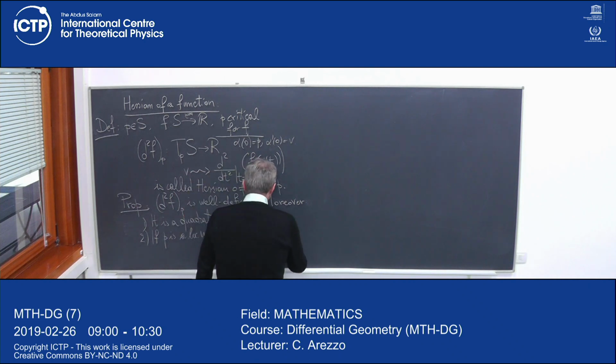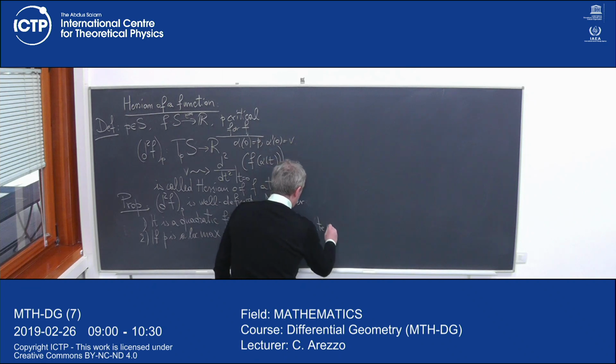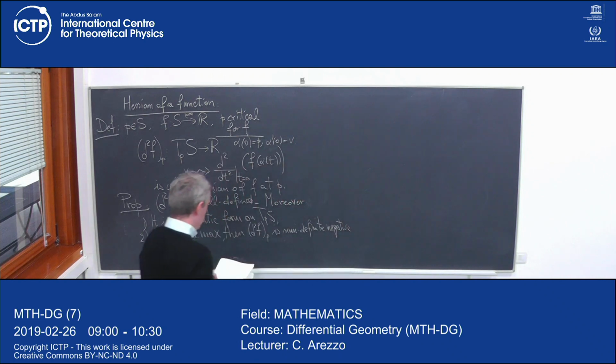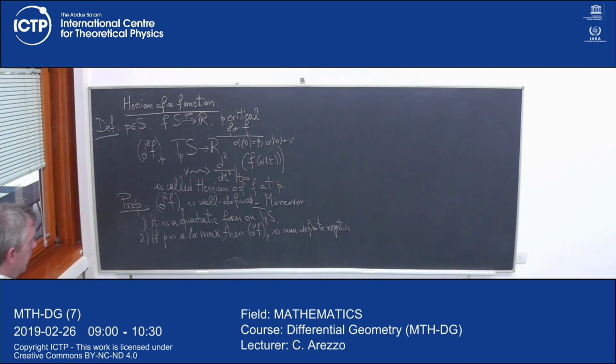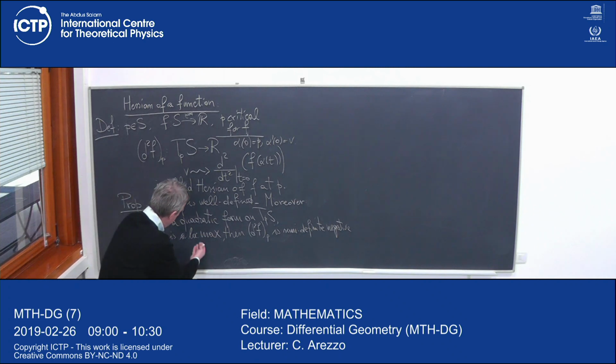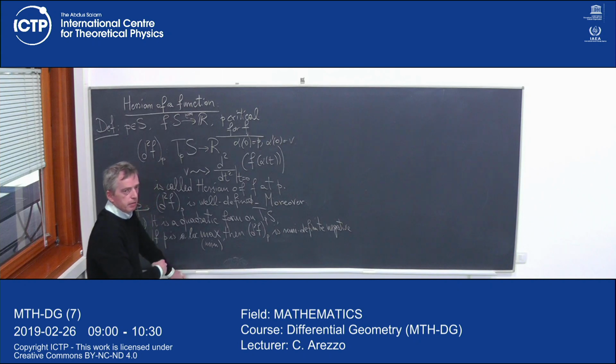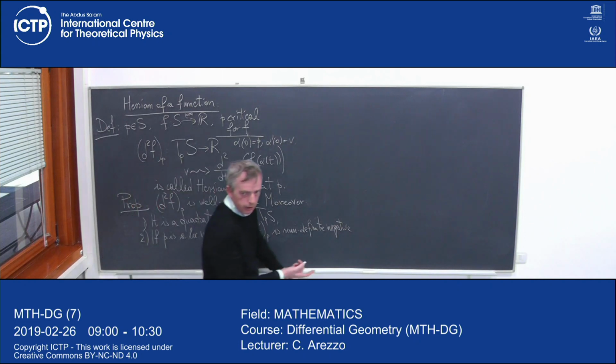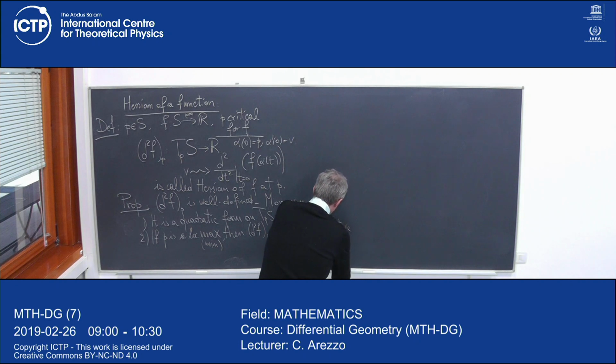And just to save a little bit of blackboard, because this is really the calculus theorem: if it's a local maximum, then this is semi-definite negative. If it's a local minimum, this is semi-definite positive, okay? And the vice versa